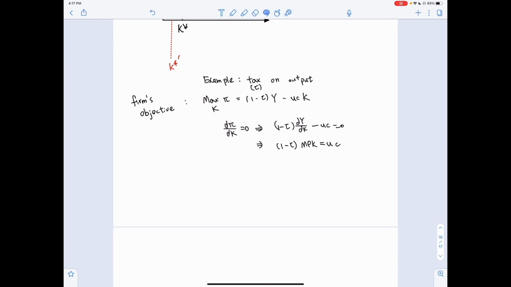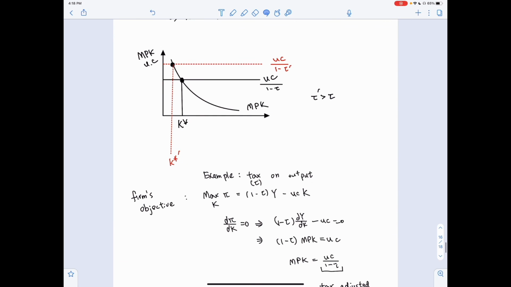So this equation is very similar to the earlier one, except that now we have a tax on the output. So when we look at the marginal product of capital, we have a tax term in front of that. Then we can rearrange the equation. We find the decision rule by setting the marginal product of capital equal to the tax-adjusted user cost, that is the user cost divided by 1 minus tau. So when the tax rate increases, the user cost after tax becomes higher. Because of that,